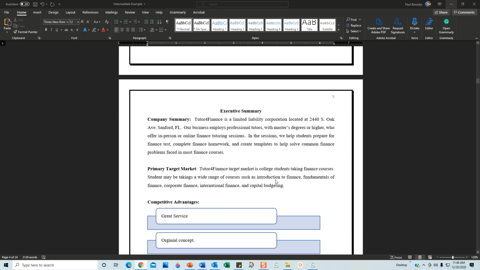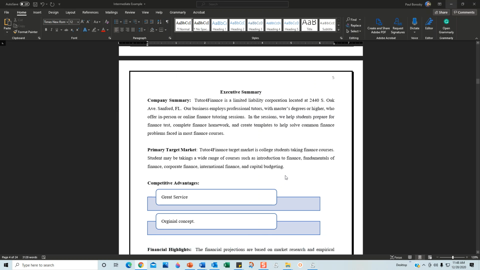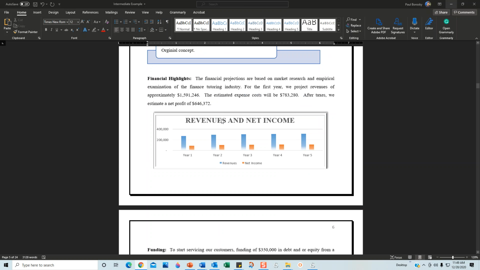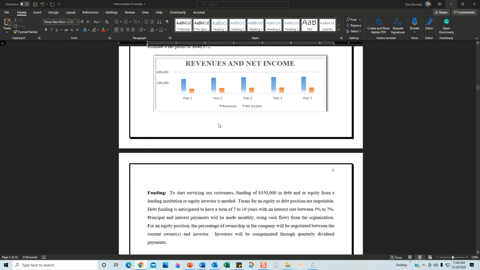The next section is going to be the executive summary. For the executive summary, I literally take aspects from the business plan, copy and paste, and put them into the executive summary. The reason that I do the executive summary like that is because you now have technically two different business plans. The executive summary will briefly and succinctly explain your business, what it's going to do, how it's going to do it, where, why, and so forth in 1 to 2 pages, giving you a brief overview of the financials as well as the need for the funding.